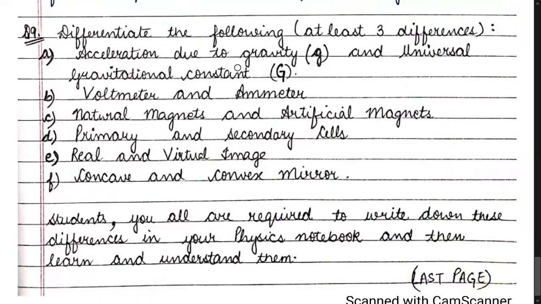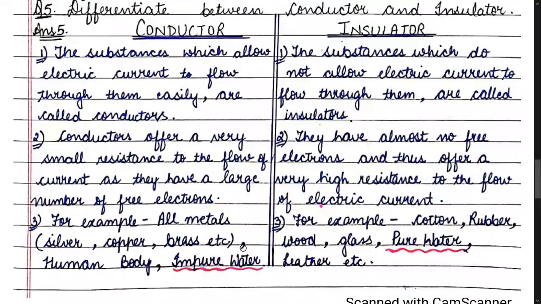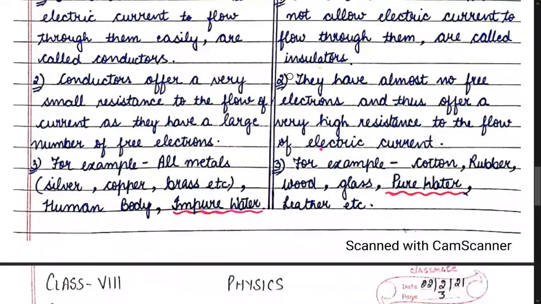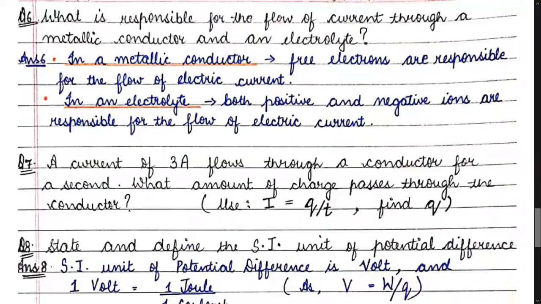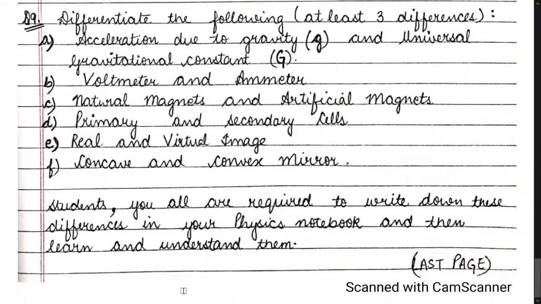Now, children, in question number 9, I have given you 6 differences. All these differences have been covered in this term. You have to write down at least three differences in each category, and then you learn those differences. You write down each difference in a tabular form, and as we did the differences between conductor and insulator, in the same way you write down at least 3 differences between each term in your physics notebook, and then